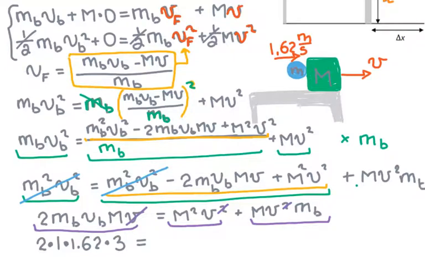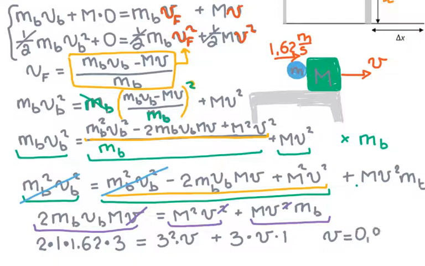Now the mass of the block is 3 kilograms squared. I'm looking for V, plus the mass of the block, velocity of the block that we are looking for, and the mass of the ball is 1. So if I collect my like terms and solve for the velocity of the block, I will get